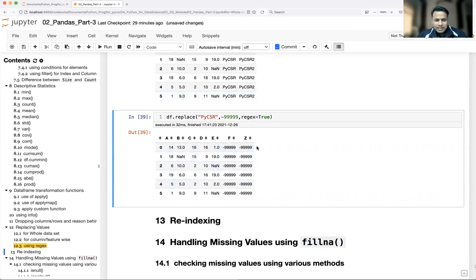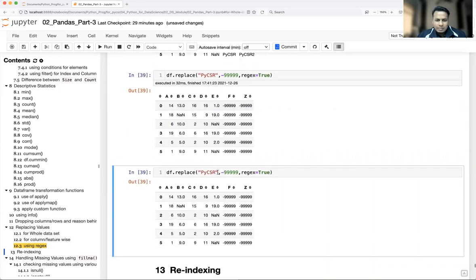So in this case, you can write an exact pattern. I want only that particular string which is ending with some number. It could be not just PyCSR, it could be any string. So my pattern goes like this. I can have any word character, including numbers, and I want to make sure that the string present in the data frame is ending with a single digit. Only that particular pattern I'm going to replace with minus 999. Now see the magic.